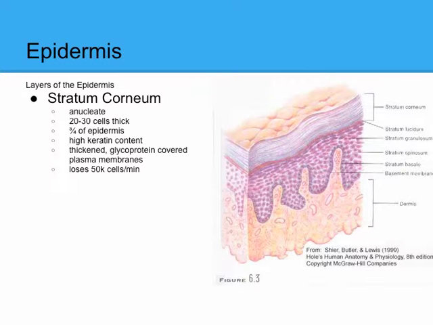Which brings us to the next bullet point. The cell membranes here are very thick. Remember, I told you how the process began in the stratum granulosum, where the proteins collected along the membrane. That process has been going on for a very long time by this point. So these cell membranes are now very thick and very strong, and they're covered in glycoproteins and glycolipids. This makes these cells strong, waterproof, resistant to abrasion, resistant to absorption, especially compounds that are polar or water-based. Lipid molecules can pass through. And it just makes it a tough outer layer